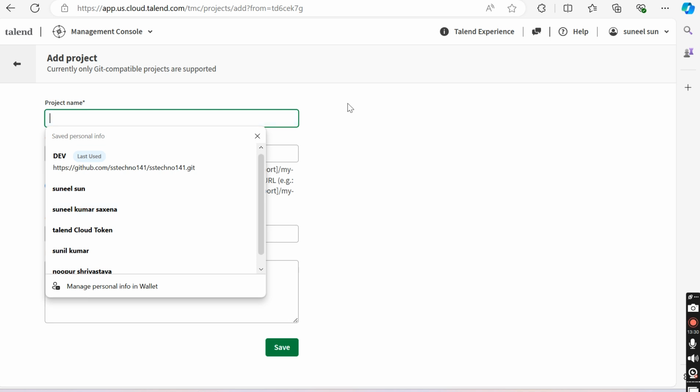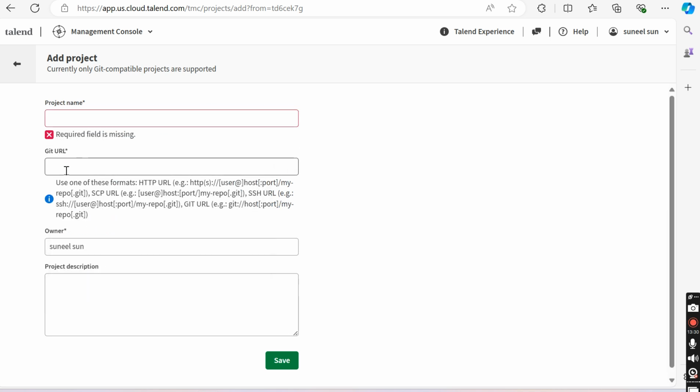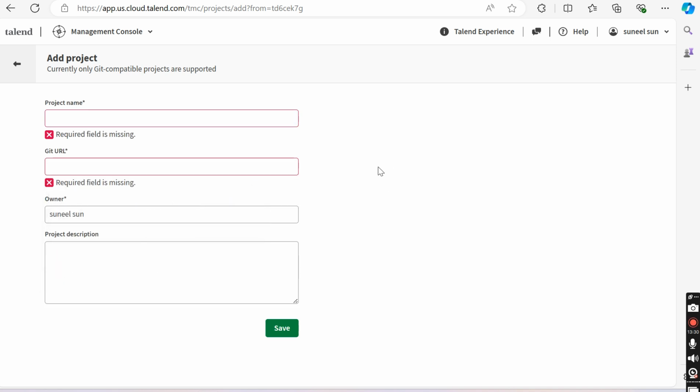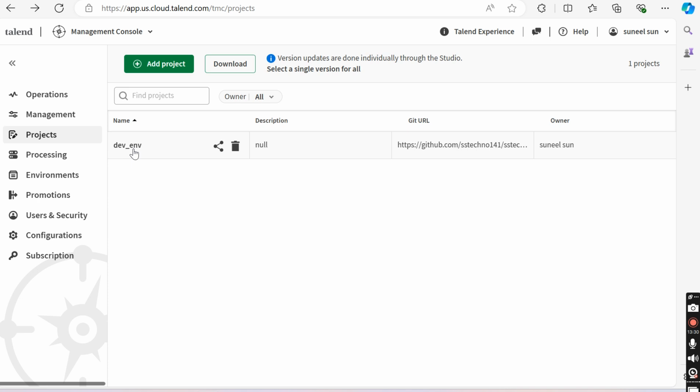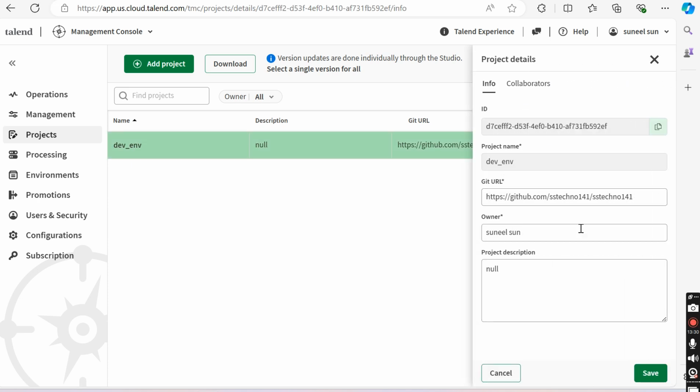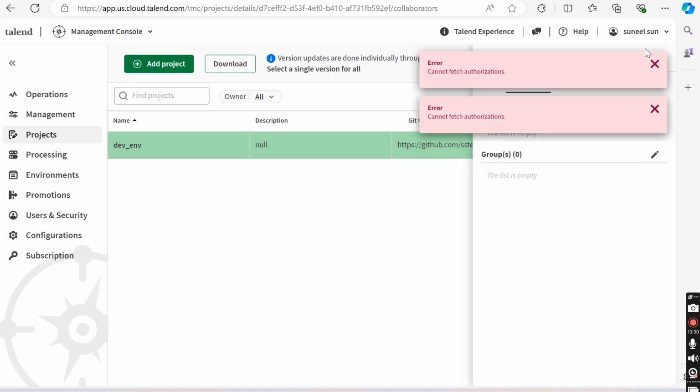Just give any project name. Let's say I gave dev env, right? And this is the Git URL. Since we are storing our metadata at Git, right? It's a remote repository. So what you need to do, you need to create your connection, your login, for Git actually. You need to have the connection to the Git repository, and that thing you will put over here. Okay. So like for me, I did like this. You see, I put it like this. Okay. Then you need to go to collaborators here and